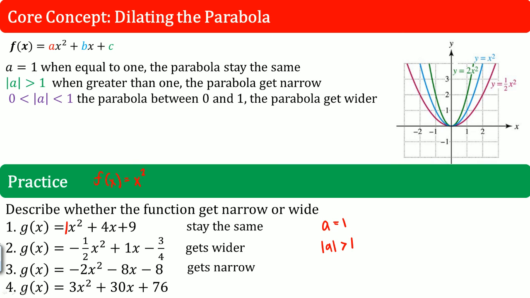This is the reason why, because, oops, I wrote this one wrong, sorry. So for 2, because it was a fraction. Number 3, because it got narrower. That is when the absolute value of A is greater than 1. Right here, greater than 1. And for number 2, this was the fraction. Sorry about that. And 4,